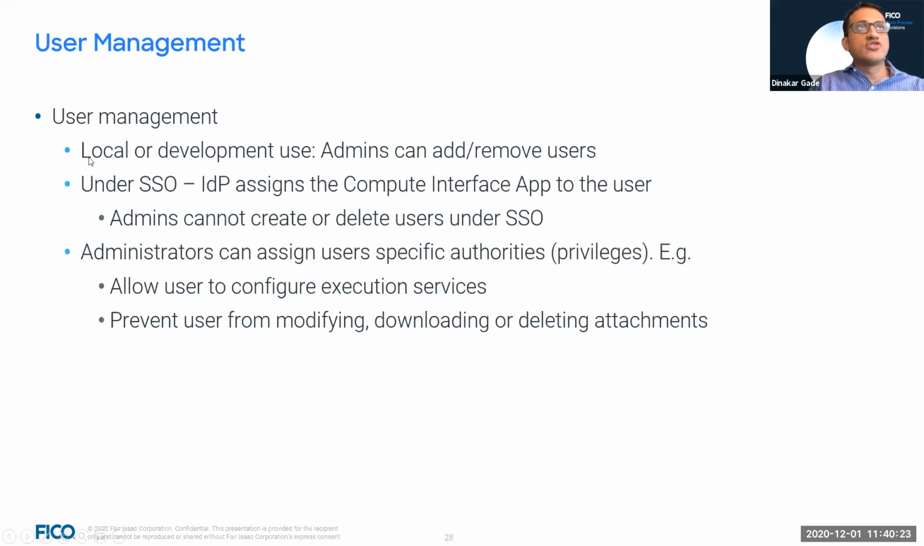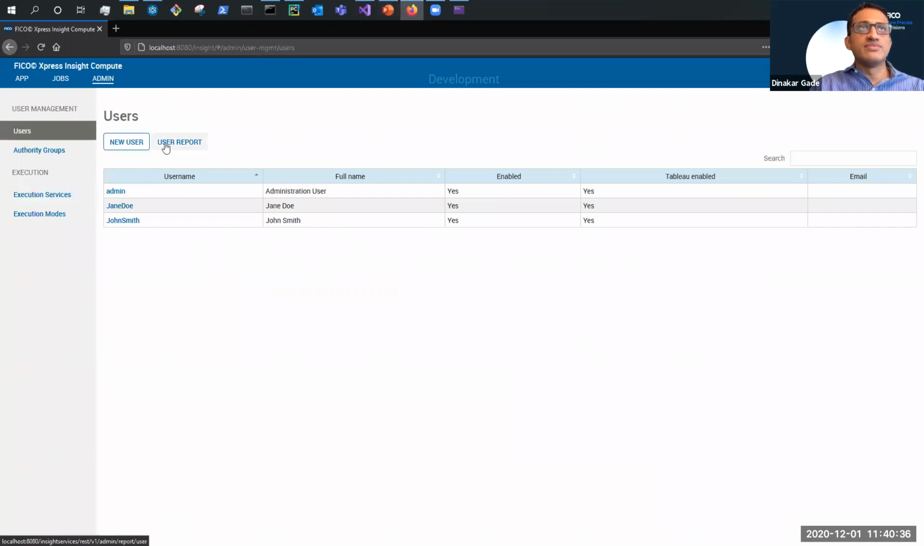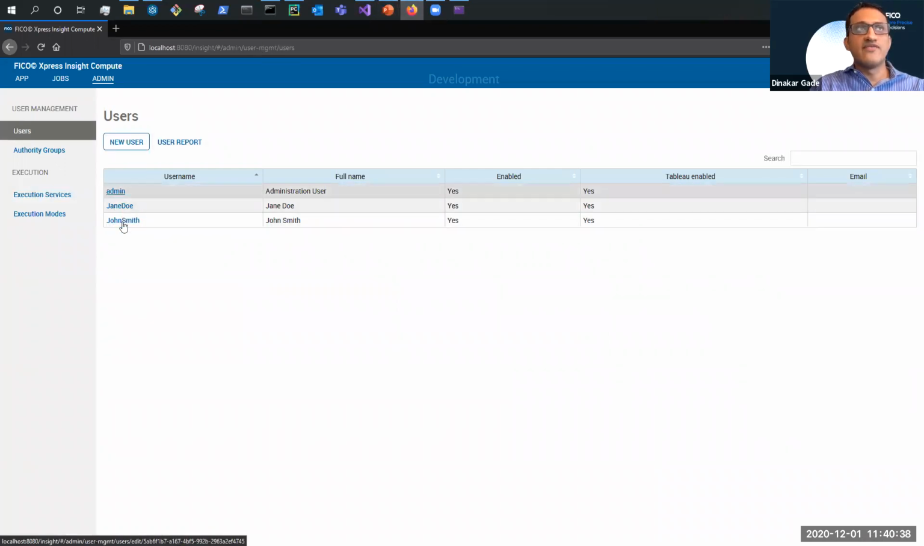So Xpress Insight also offers user management in local or development mode. Administrators can add or remove users. For example, let me go here and go into the users tab. I can add a new user. Here I have 3 users,